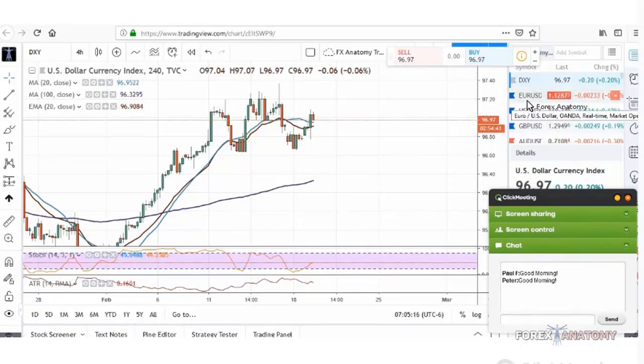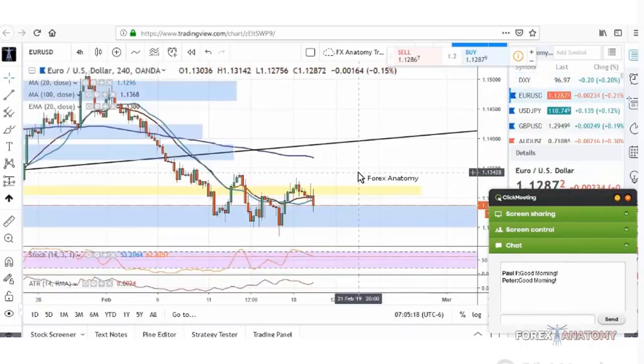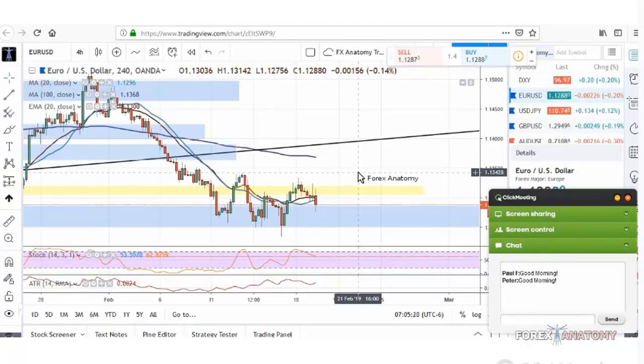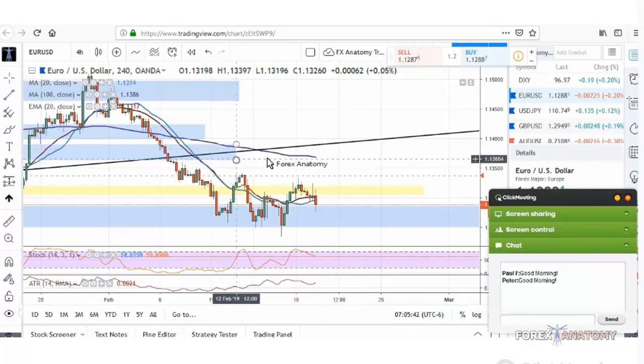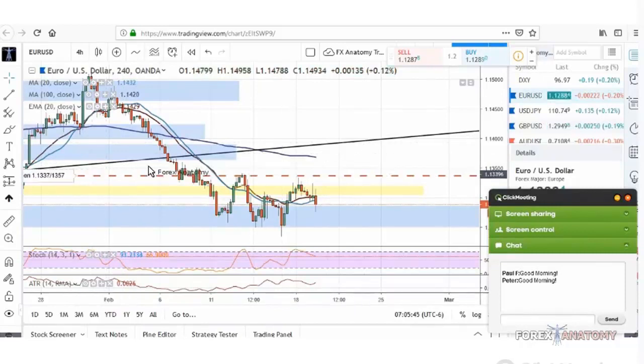Now, let me go back to the Euro USD and share with you exactly what I think is going to take place. Do I think that trade idea, as far as buying the Euro USD, still holds? Are we still going to look for an opportunity to buy the Euro USD? Well, yes, we are. I think we're just seeing a deeper retracement in price before we see that nice push higher and a possible push to retest this ascending trend line support of this bearish flag pattern